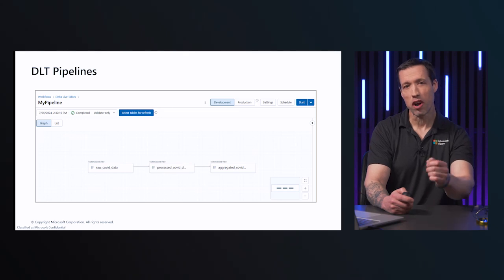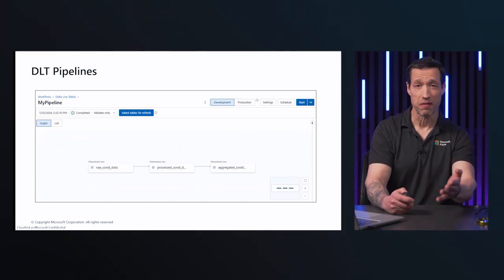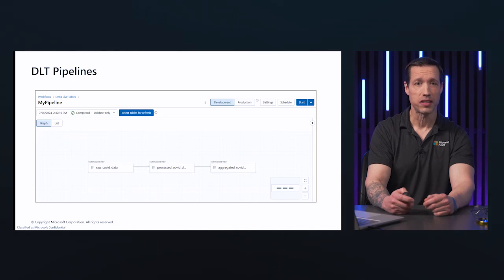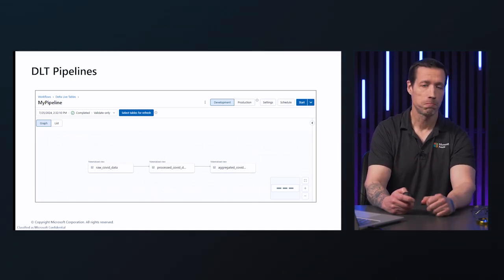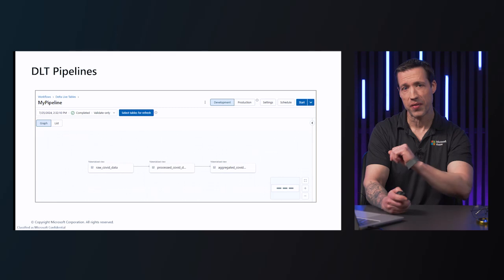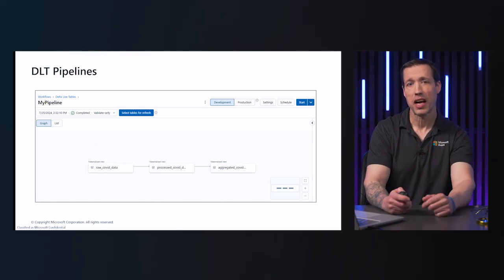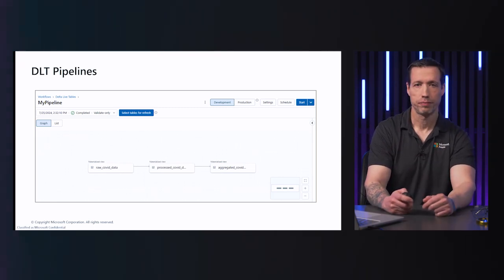DLT will even automatically perform maintenance tasks like vacuum and optimize operations within 24 hours of updates to ensure the most performant results. Once again, it's time to put knowledge to practice. Let's open up the DetectoLab 5000 and build a Delta Live Tables pipeline.